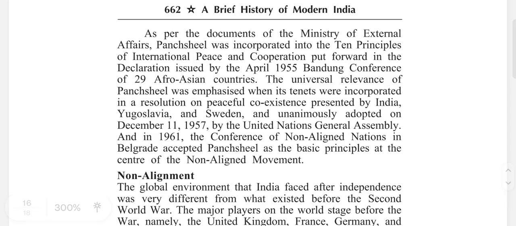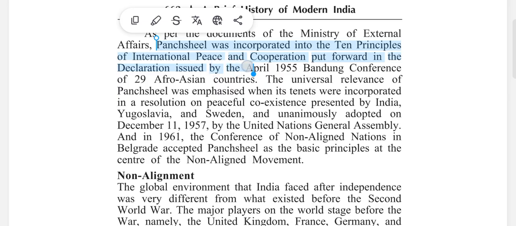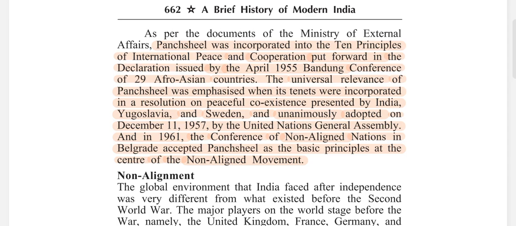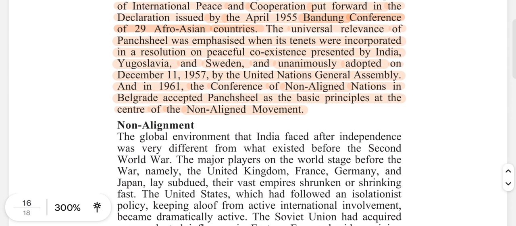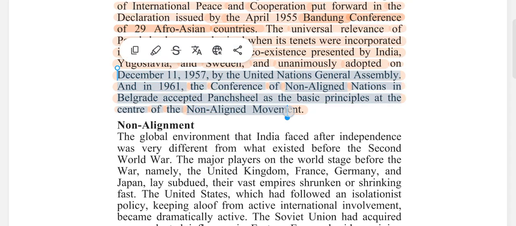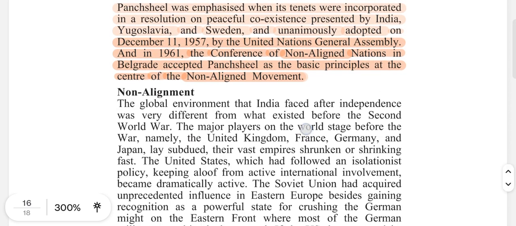Panchsheel was incorporated into the 10 Principles of International Peace and Cooperation, put forward in the declaration issued by the April 1955 Bandung Conference of 29 Afro-Asian countries. The universal relevance of Panchsheel was emphasized when its tenets were incorporated in a resolution on peaceful coexistence presented by India, Yugoslavia, and Sweden, and unanimously adopted on December 11, 1957, by the United Nations General Assembly. And in 1961, the Conference of Non-Aligned Nations in Belgrade accepted Panchsheel as the basic principles at the center of